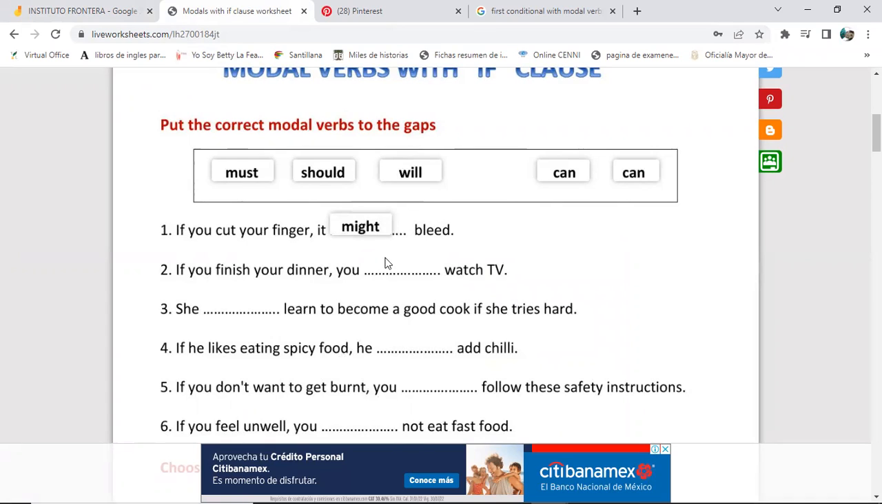might bleed. Okay. Now, if you finish your dinner,